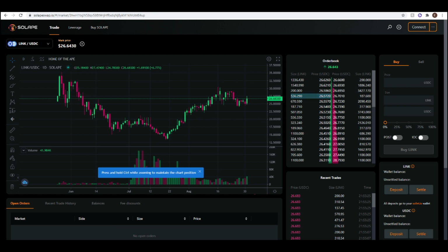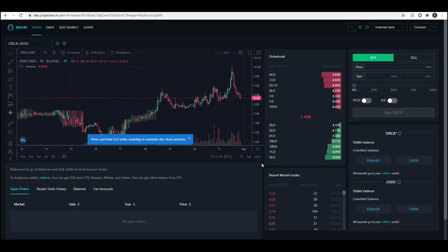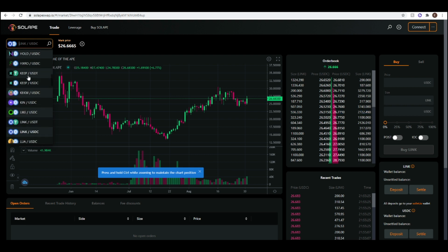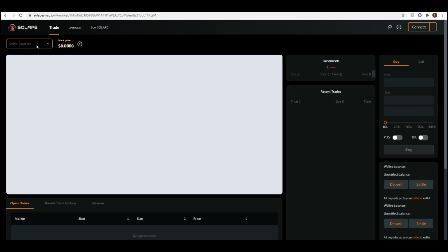If we compare this to Serum, I don't really like this trading user interface. It's not that nice. However, Solape, they do a really good job here. It looks quite clean. So we see here they have most of the basic pairs. However, they have some ones that are a little bit under the radar. So like Boring Protocol,